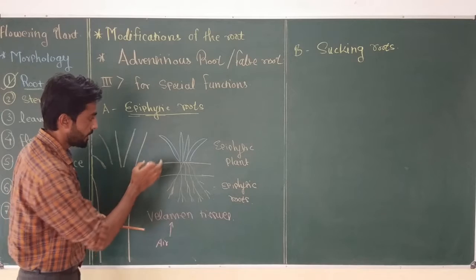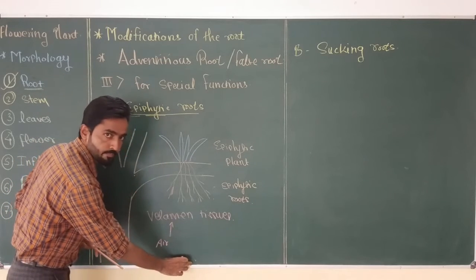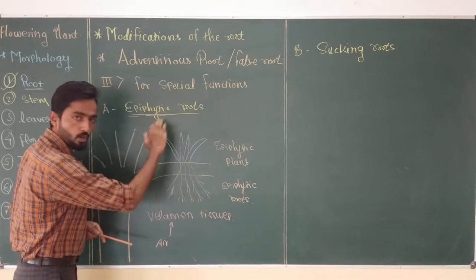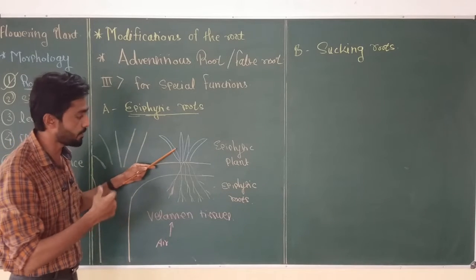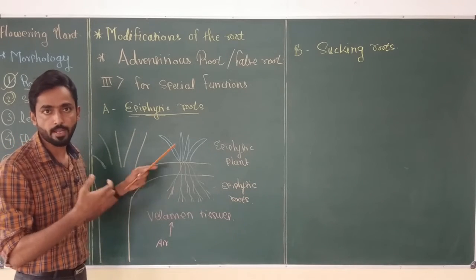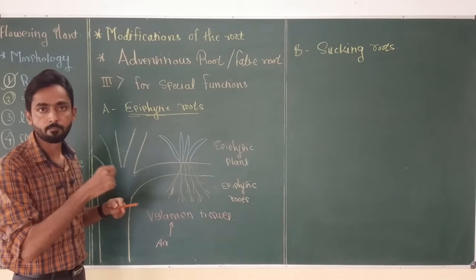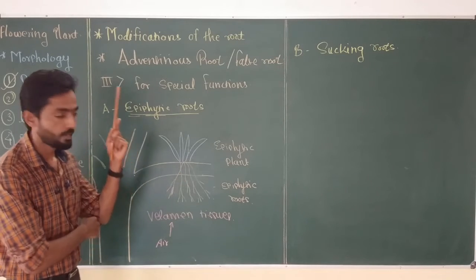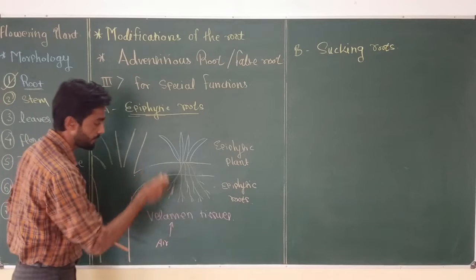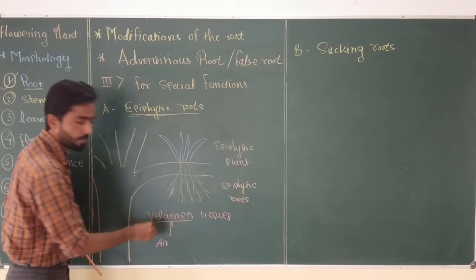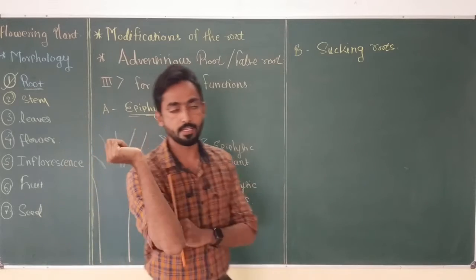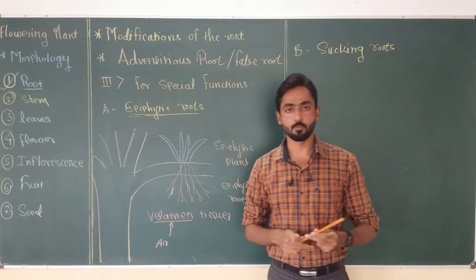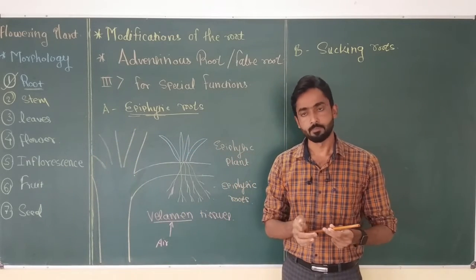Okay, that means instead of growing on the ground, this type of plant grows on another plant, so we call them epiphytes. Epi means above and phyte means plant: the plant which grows with the help of another plant in the top position. Okay, and the important tissue which helps in the process is velamen tissue, and this is a type of tissue which is hygroscopic in nature, that directly absorbs water from the atmosphere.